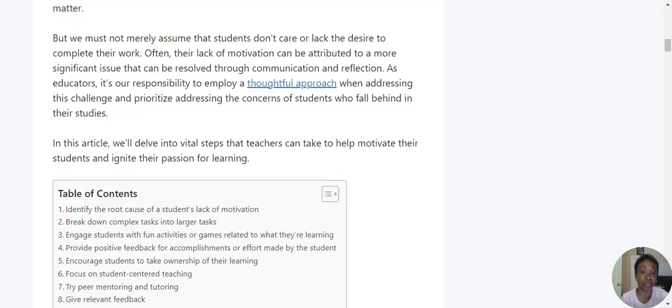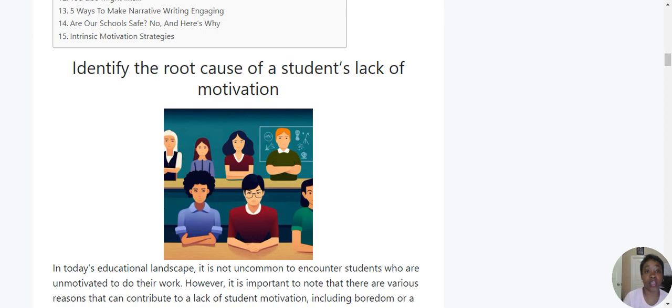So, one thing that I really realized is that I know that a lot of people blame COVID sometimes a little bit too heavily for the things that we're dealing with in education. But one thing I think that COVID did do is it made us realize how much of a loss of learning that students had during the pandemic. And I think that that's one of the reasons that if you do have students that aren't working, they just seem to be very anti work. You really at first want to look at what their motivation might be, or their lack of motivation.